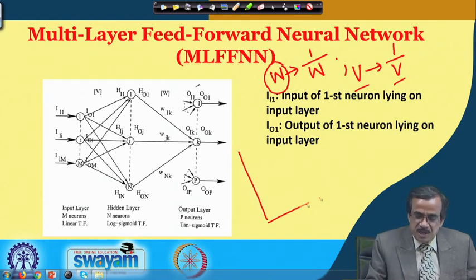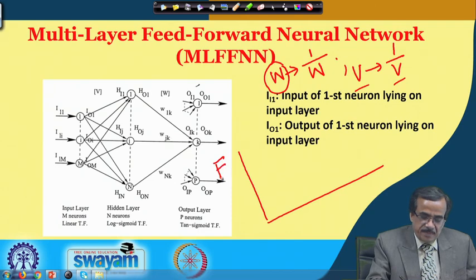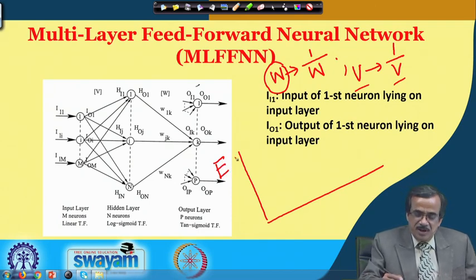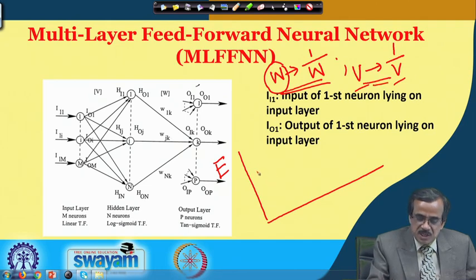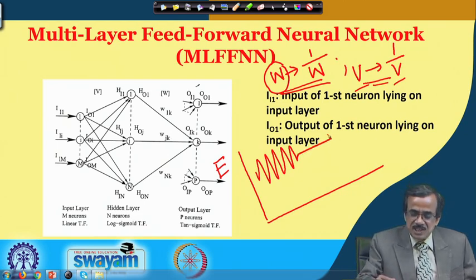But if you see this particular performance, like if I just say this is error, what will happen is the moment you put this particular correction, there will be an abrupt change of this performance, and after that it will reach one stable region. And once again if it goes out of range, like V and W, and if you put this particular correction, once again it will show this type of erratic behavior,